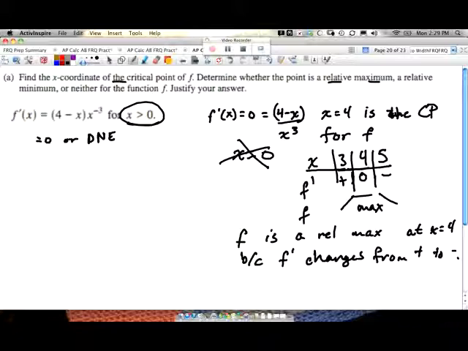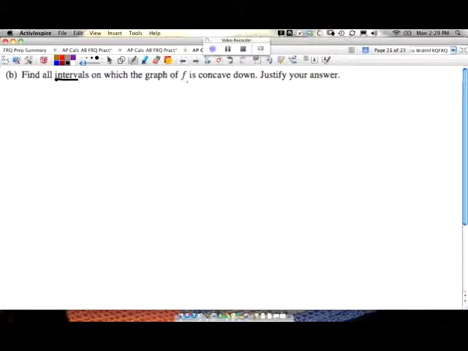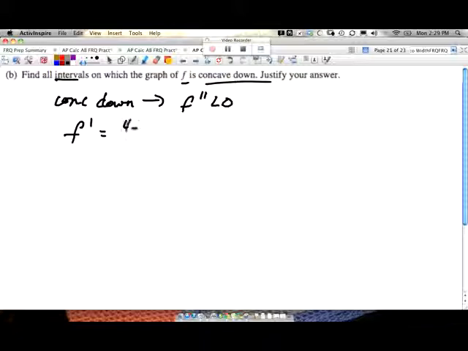We like that. Find all intervals on the graph for which f is concave down. Okay, concave down translates to the second derivative less than 0. So we've got to take the second derivative. If f prime equals 4 minus x over x cubed. Now, you might think